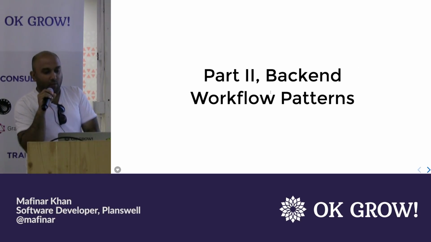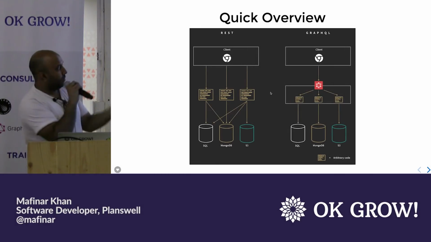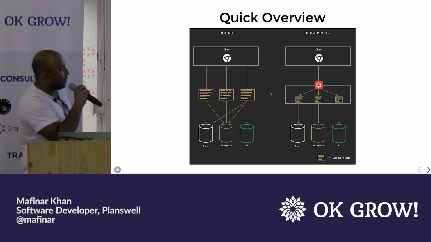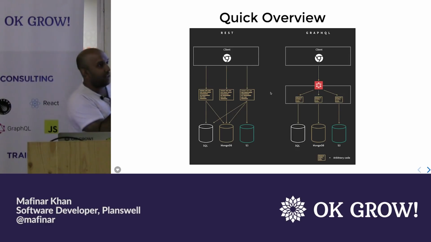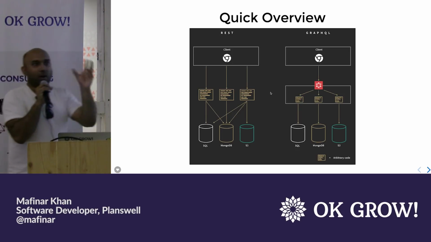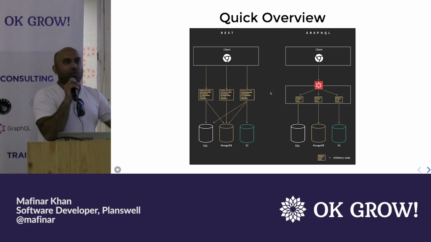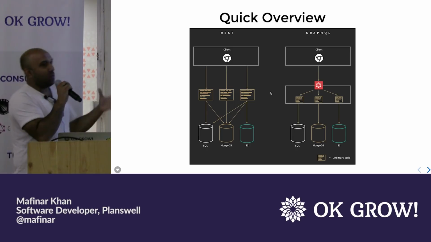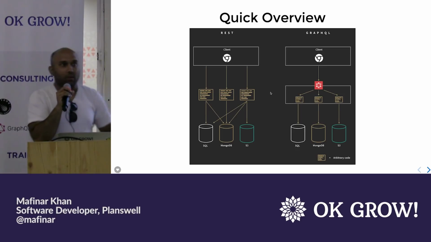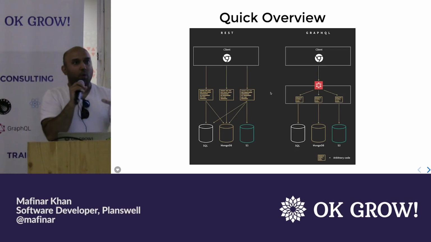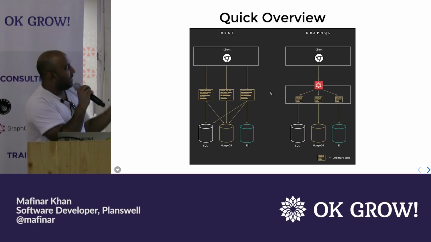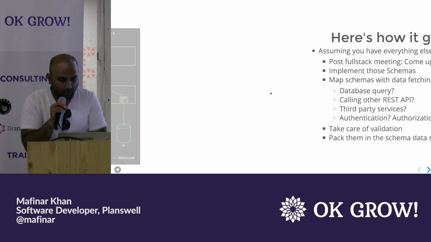So now the backend workflow patterns. I guess this is quite a popular thing. This is a different rest than GraphQL. In GraphQL, just like when you're using a console for Postgres or Redis, we just give the URL once, and then we keep on going back and forth with commands. GraphQL works similarly, that you give it the URL once and then manage everything, and the multiple URL hits are hidden from the client programmer, because she's just changing and calling the patterns.